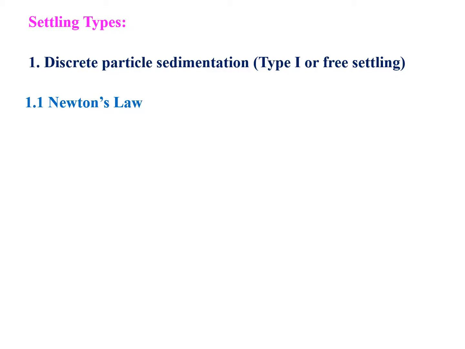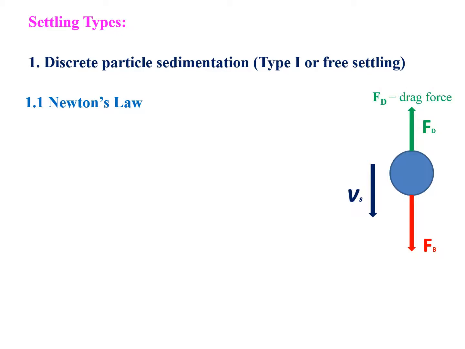We have two laws. The first law is Newton's law. 1.1 is Newton's law. If you have a particle, as you see here, we will have force buoyancy, force drag. So FB is impelling force or force buoyancy, and the resultant will be velocity of the settling based on these